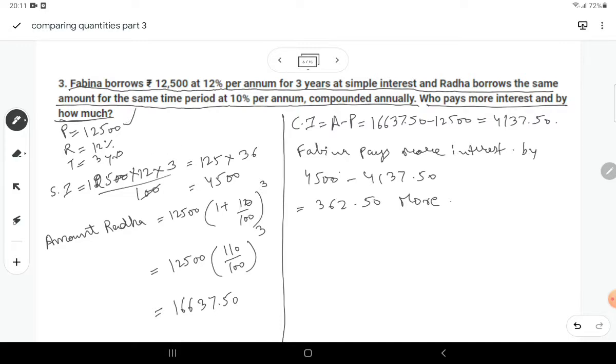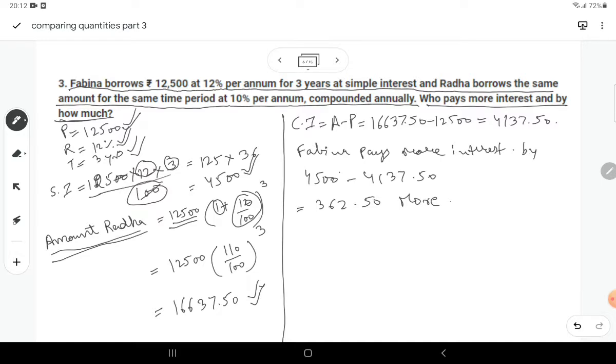Fabina, principal is 12500, rate is 12%, and time is 3 years, and it's simple interest. So simple interest is equal to 12500 multiplied by 12 multiplied by 3 divided by 100, which on solving gives the value as 4500. Now solving for Radha, first we will calculate the amount, which is calculated using the formula 12500 multiplied by (1 + 10/100) raised to power 3, which on solving gives the value as